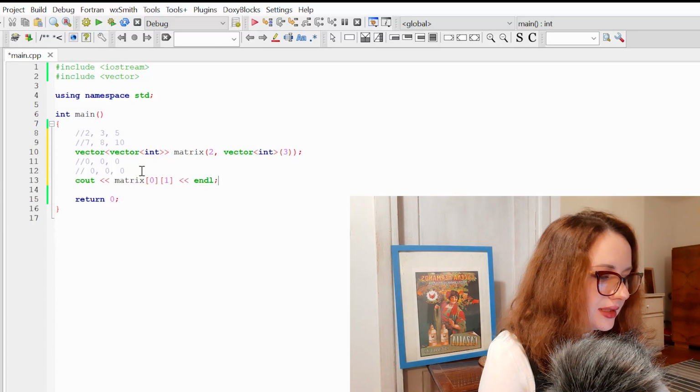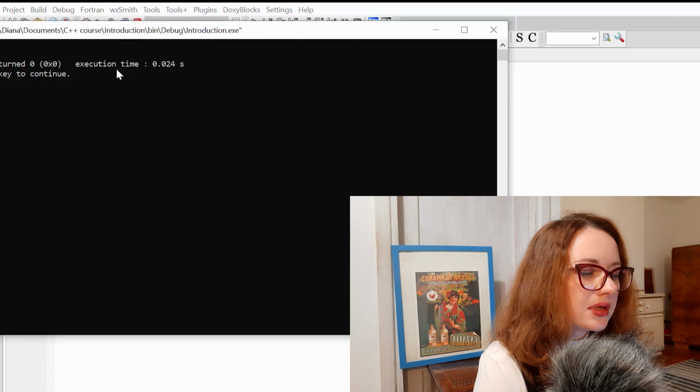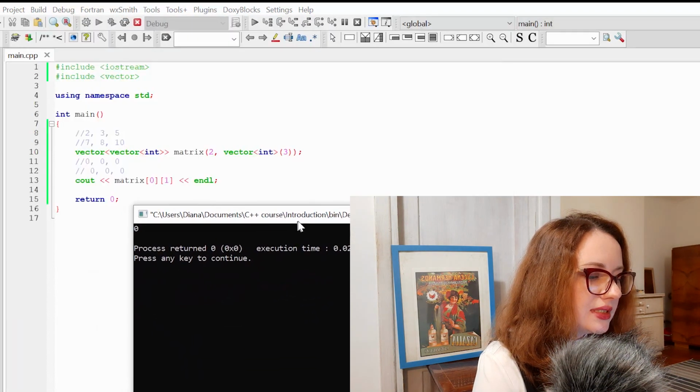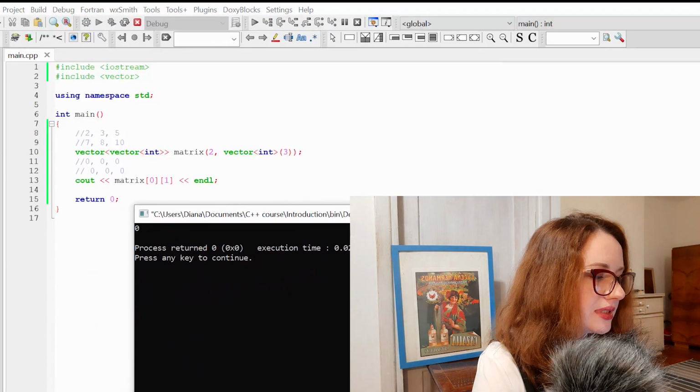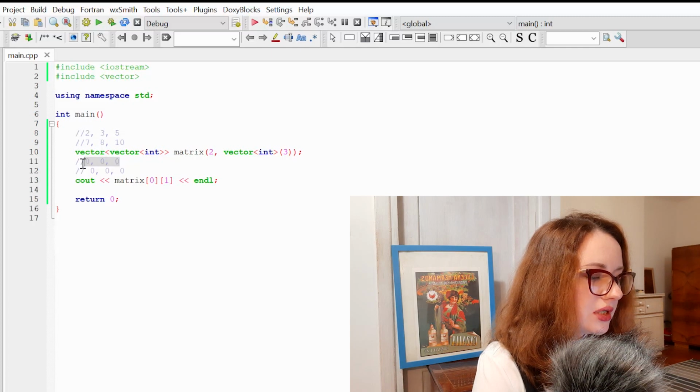Let's write end line and let's build and run our program, and you can see that indeed we have result 0. So we checked first subvector and its member number 1, this 0.